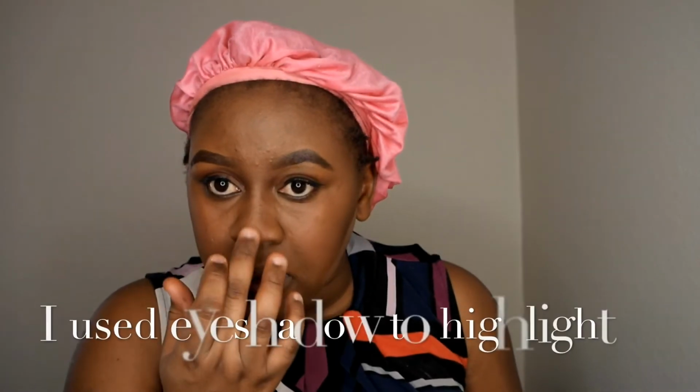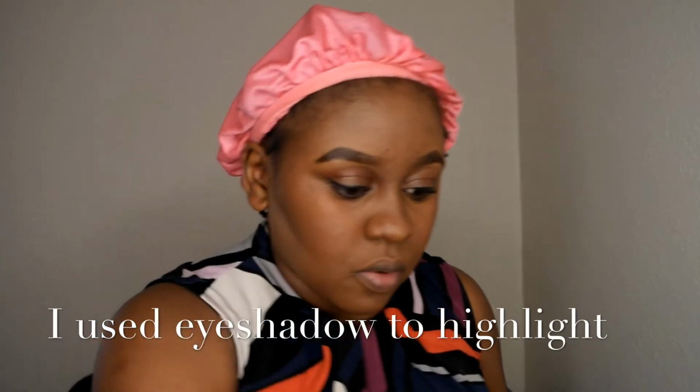And I'm gonna go ahead with that on top of my hairline, and just gonna blend that and push it towards, going up, just to have it angled. I just blend that out, and then I went ahead with the regular brown eyeliner and just lined my lips,